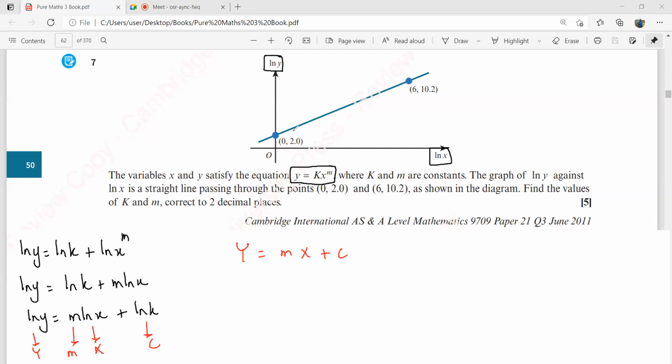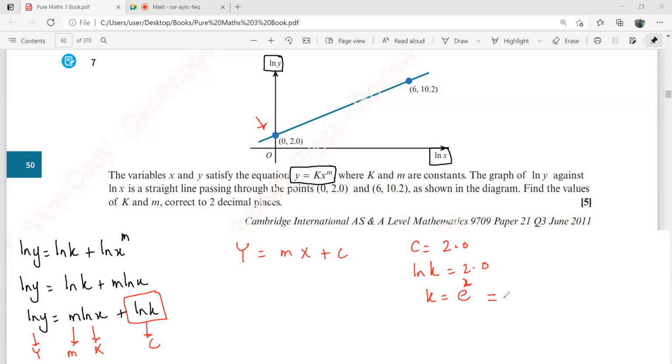Now this time we can easily find the c because we have this intercept here. So the c is simply 2.0. So I can put this ln k equal to 2.0. ln k is equal to 2.0. So your k is simply e square. You can even leave it like this, but he says give the answer correct to 2 decimal places. So for the future reference, we'll keep it as e square. And for the quotation of the answer, we should write this correct to 2 decimal places.